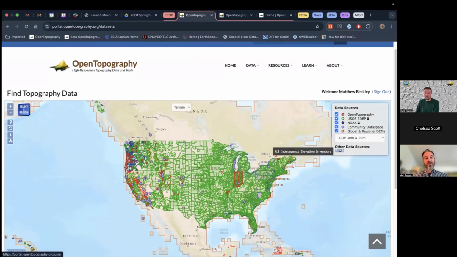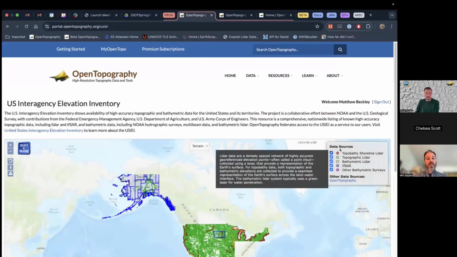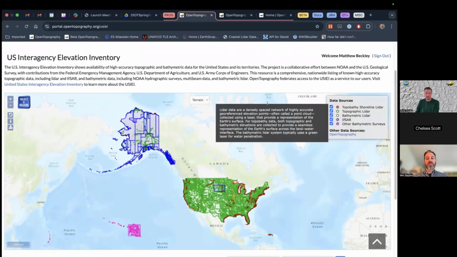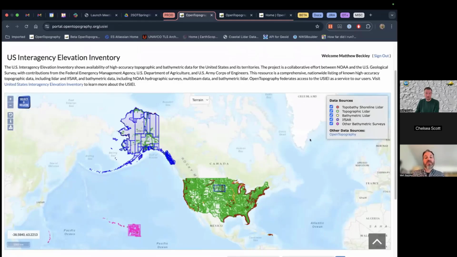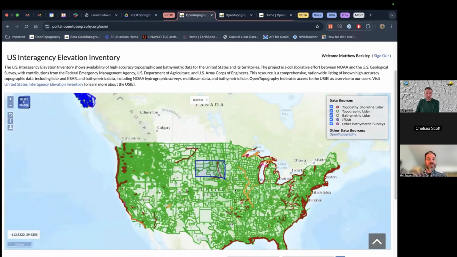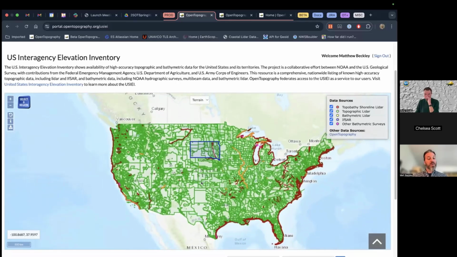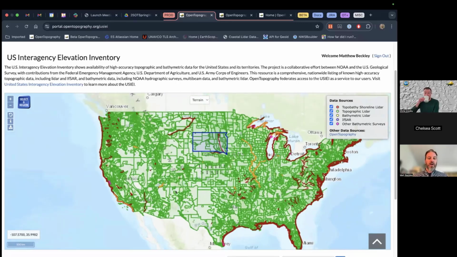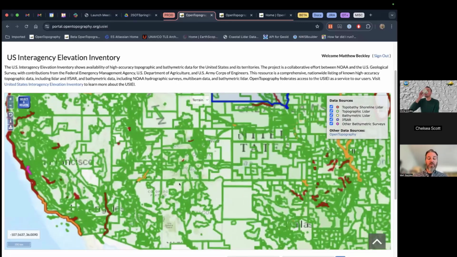It's a really nice sort of metadata geo package that's created and maintained by NOAA, and they do a really nice job. The idea was to be able to just discover what LiDAR data and high resolution data is available in the US. You can see it's dominated once again by the 3DEP, but it wasn't always this way, and sometimes it was hard to find what data is available. So if you can't find the data that you're looking for, or we don't have it at OpenTopography, you can use this tool just to see what's available spatially on the map.